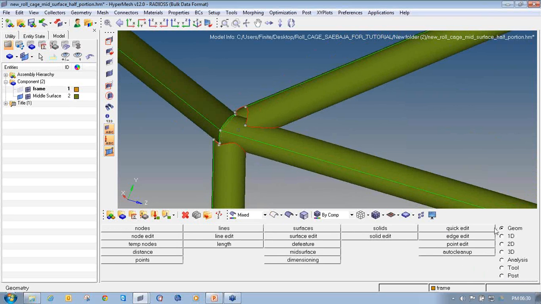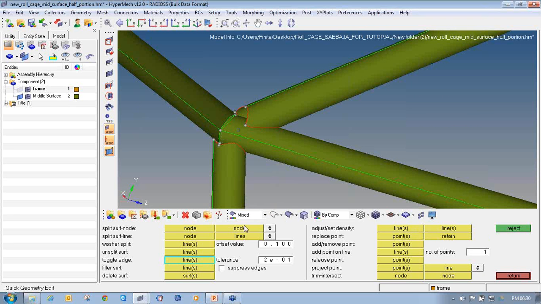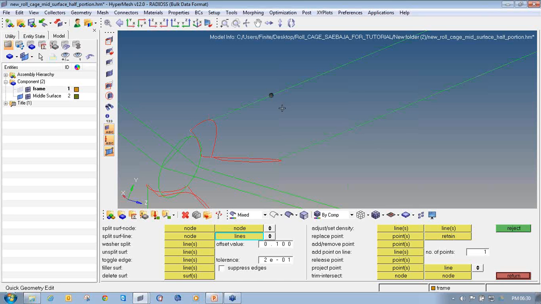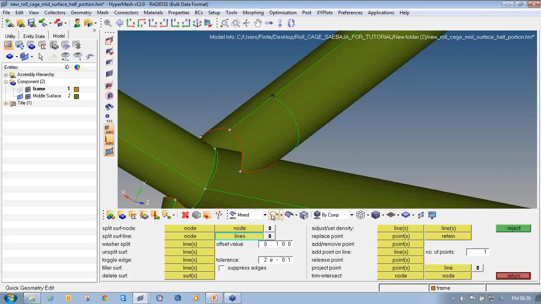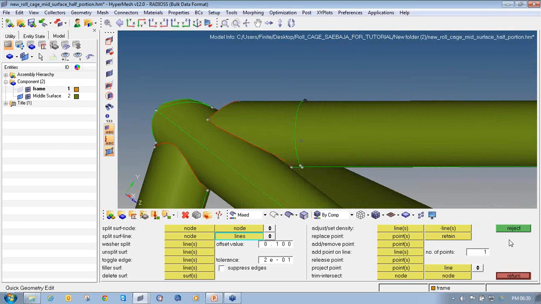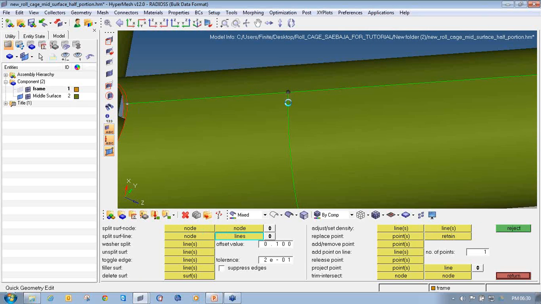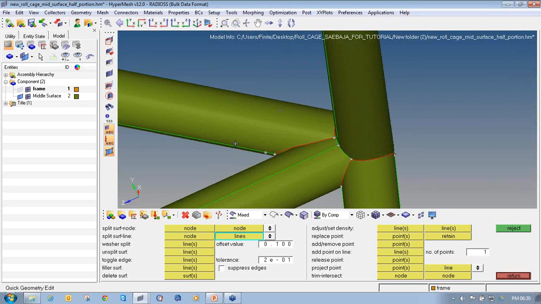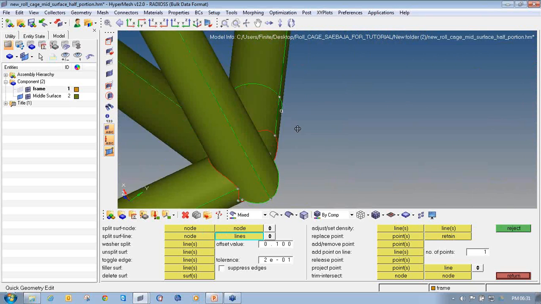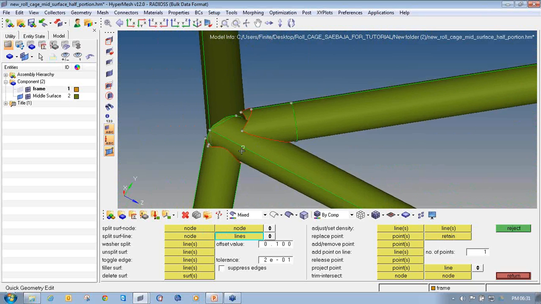Press F11 from your keyboard to enter the quick edit panel. In this, select split surface lines, make it into wireframe geometry. From this node to this node, again to this node, make that into a wireframe one. Select this node to this line, so it will split this. Similarly, you can